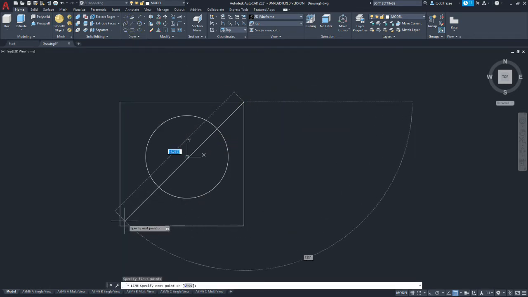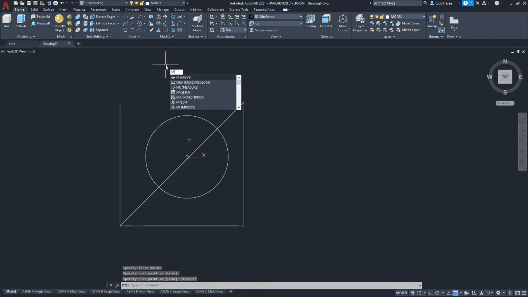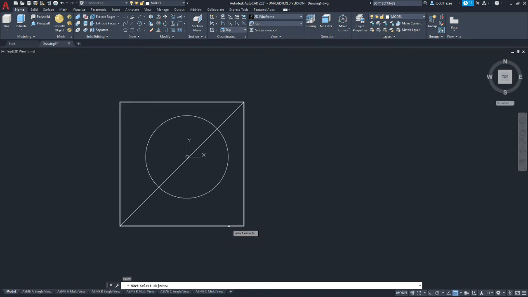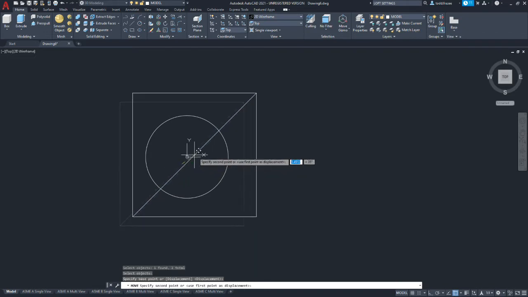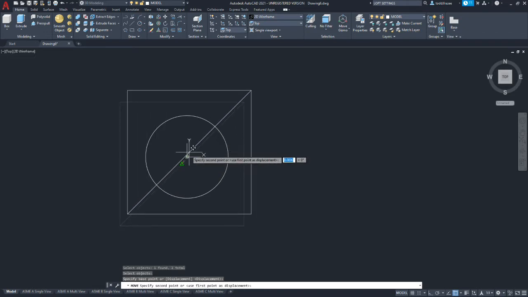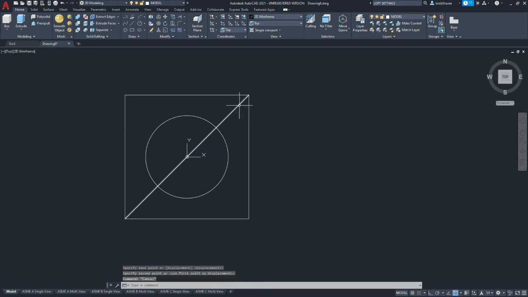I'm going to draw a line from corner to corner, and then use the move command to move that square and the line from its midpoint to the center of the circle to align them. So we have a square that represents the bottom, and a circle that represents the diameter.